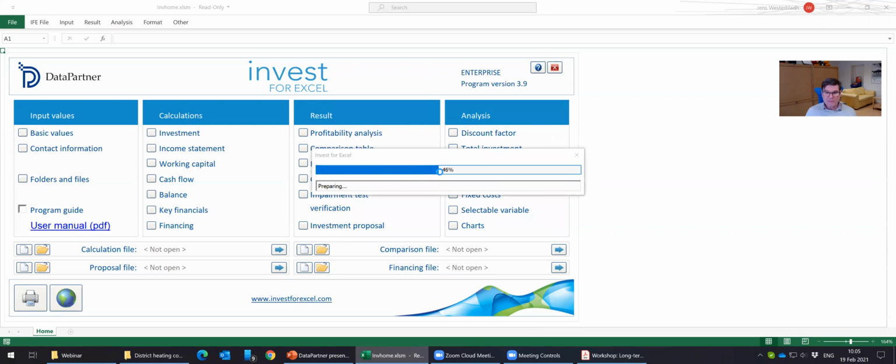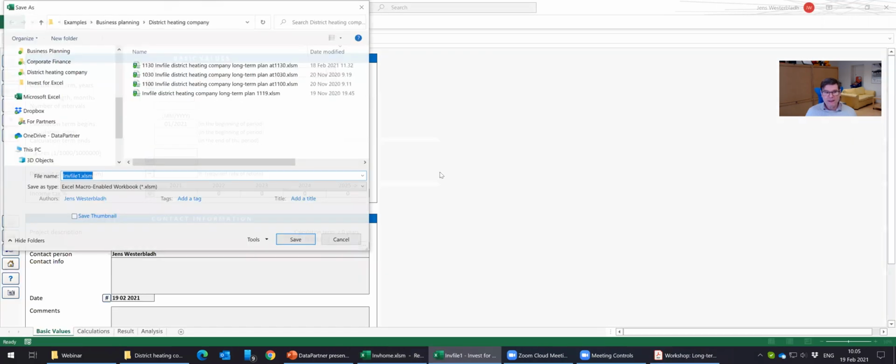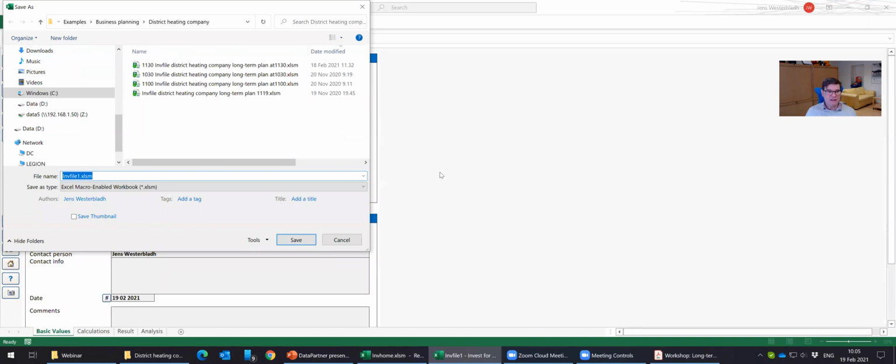It now opens the empty Invest for Excel template, and it immediately asks me to name and save the file. I usually recommend keeping "in" as a part of the name, because then I know that it's a calculation file. Then there are incompis comparison file, inpropis proposal file, infinish financing file, and so on. So this is then business planning